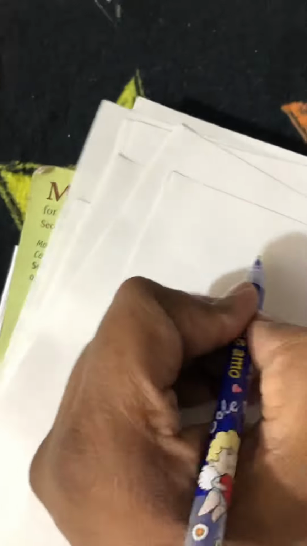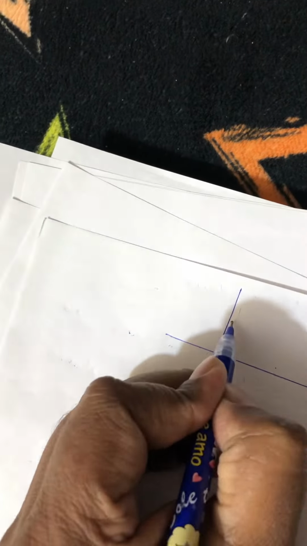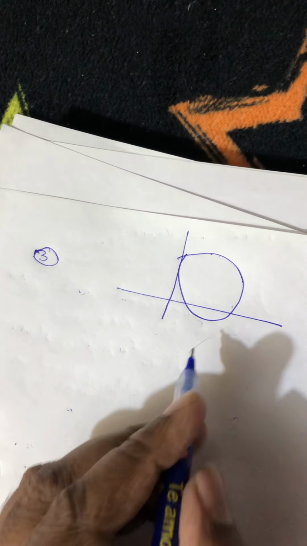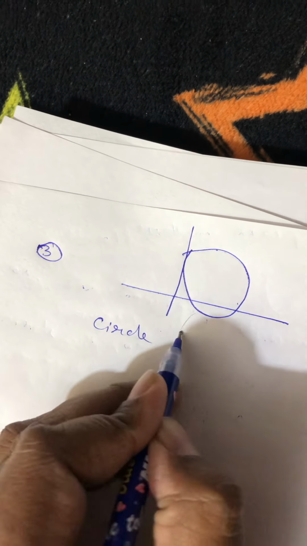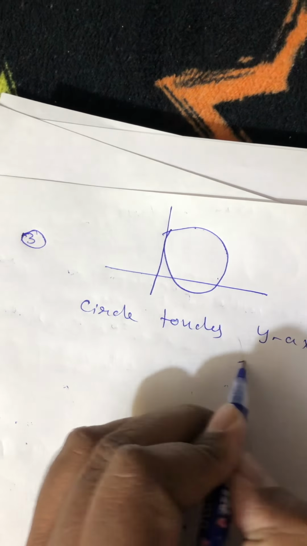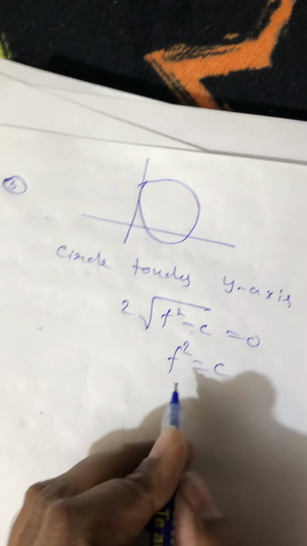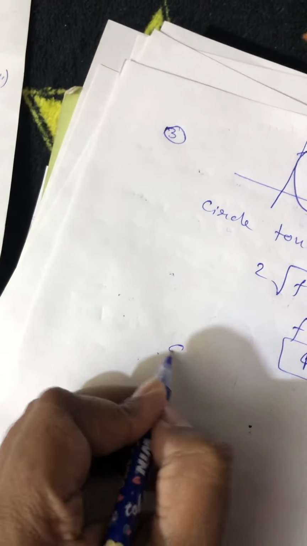नेक्स्ट देखते हैं थर्ड केस। इसमें अभी लिया था x को टच, अब लेंगे y को टच कर रहा है और x को कट कर रहा है। इस केस में क्या होगा, सर्कल टच y axis if √(f² - c) is 0 means f² equal to c और f is -2 that is 4 is equal to -p। so p and